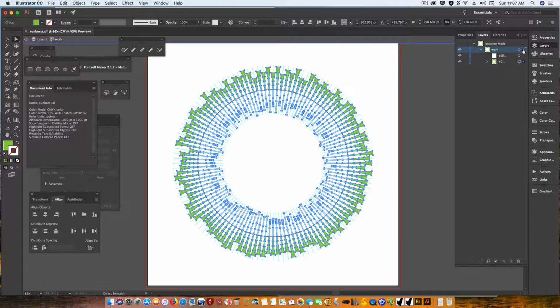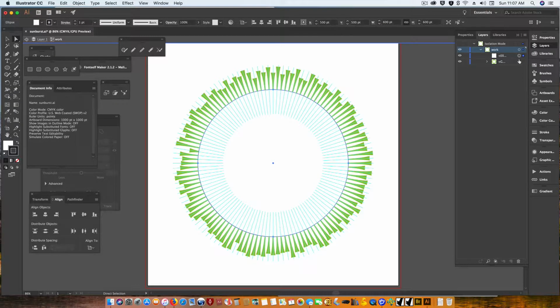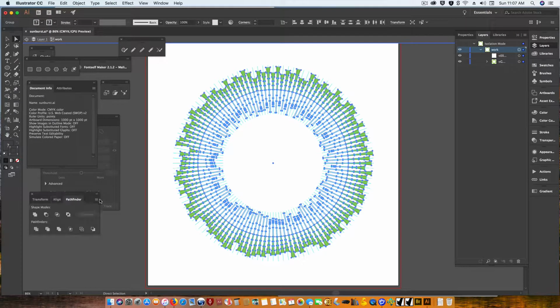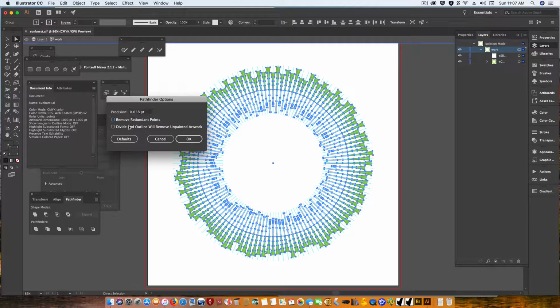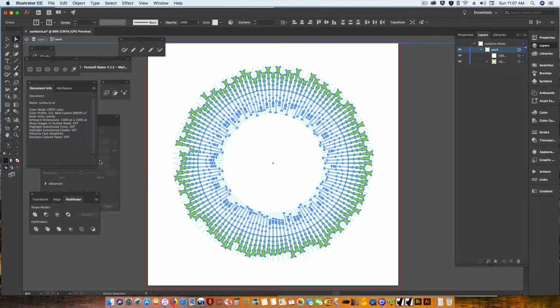So we're going to select everything in this working group. Our ellipse with our default colors is on top. We're going to come over here to Pathfinder Options from the panel menu, and select these two options. Press OK. A lot of times when I divide something and I get unpainted artwork, it messes up my whole recoloring process. From here I'm going to hit divide,